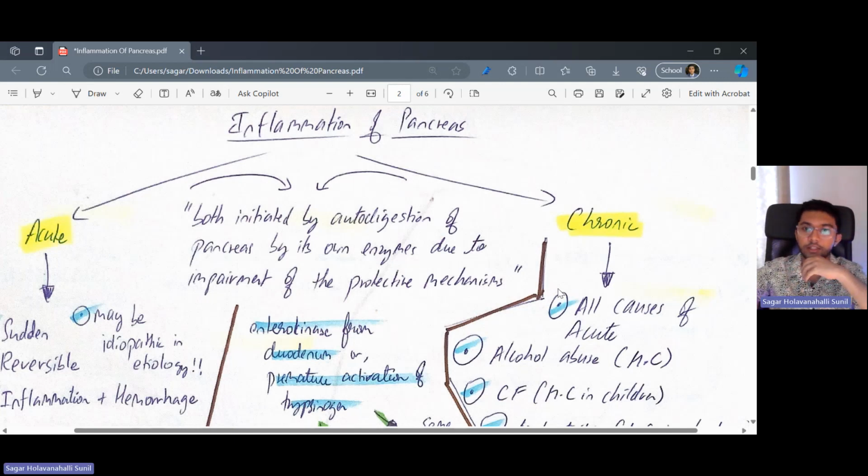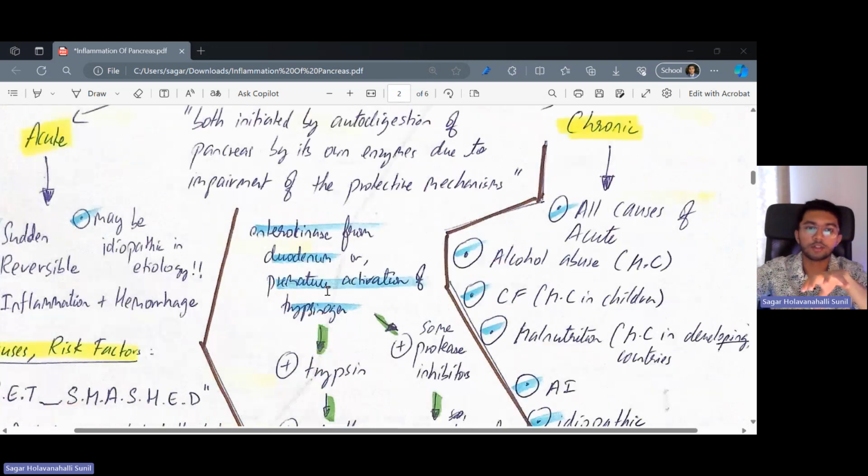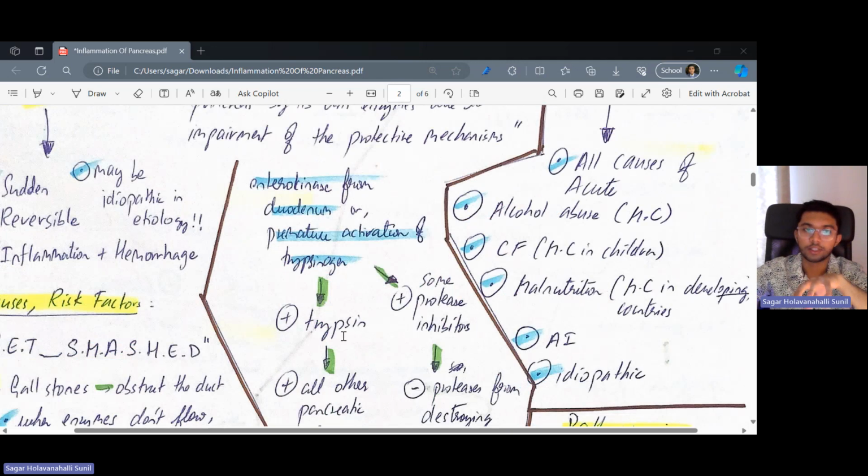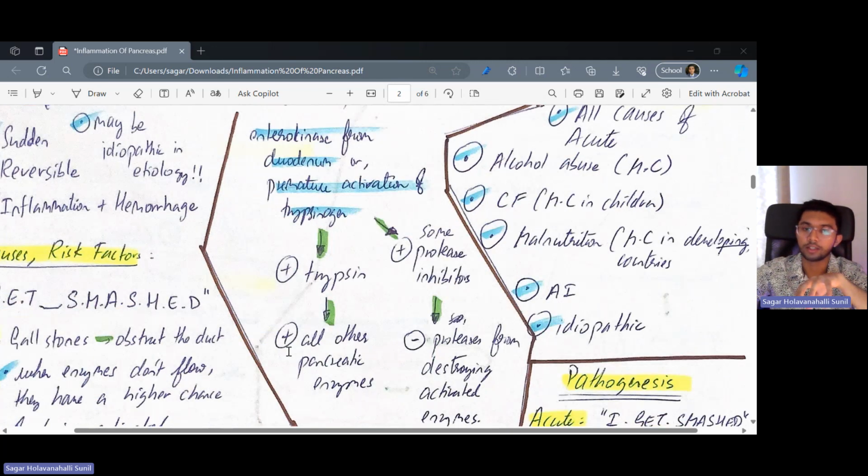One of them is the fact that these enzymes are always flowing through the ducts, and also these enzymes are in their proenzyme form initially, and it's only when they come into the intestine that they get activated by the enterokinase enzyme that is secreted by the duodenum. So the enterokinase converts the pancreatic proenzymes into enzymes. It starts off with trypsinogen being converted to trypsin,